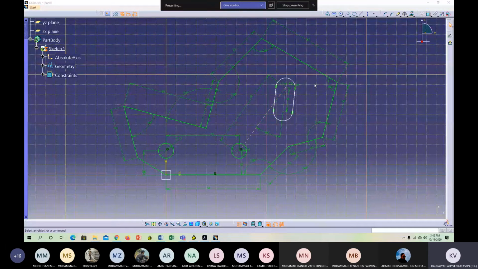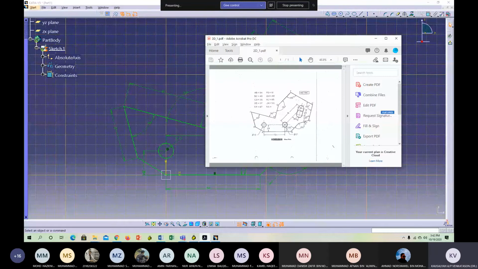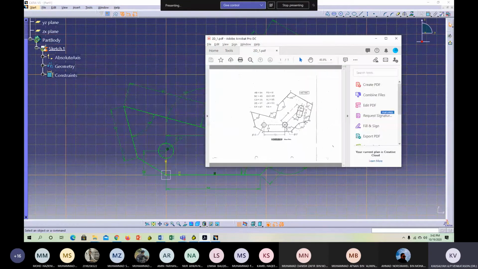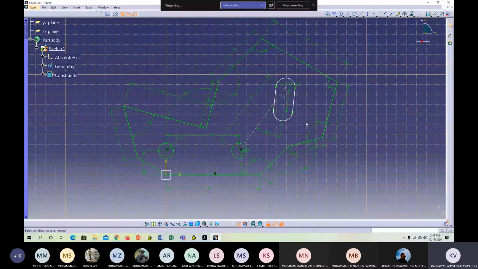So we have a 24 here, a 19 here, a 30, and an 81 distance. So now to constrain this further,